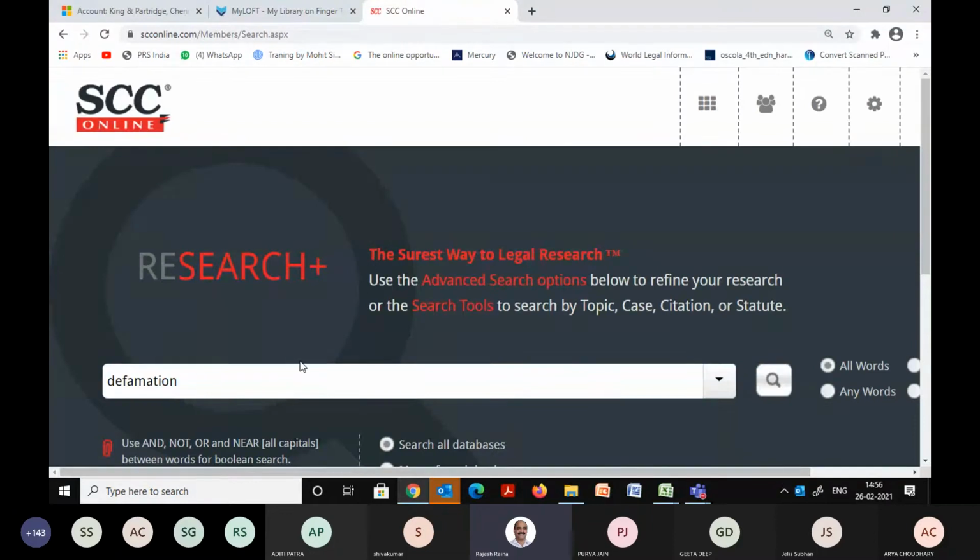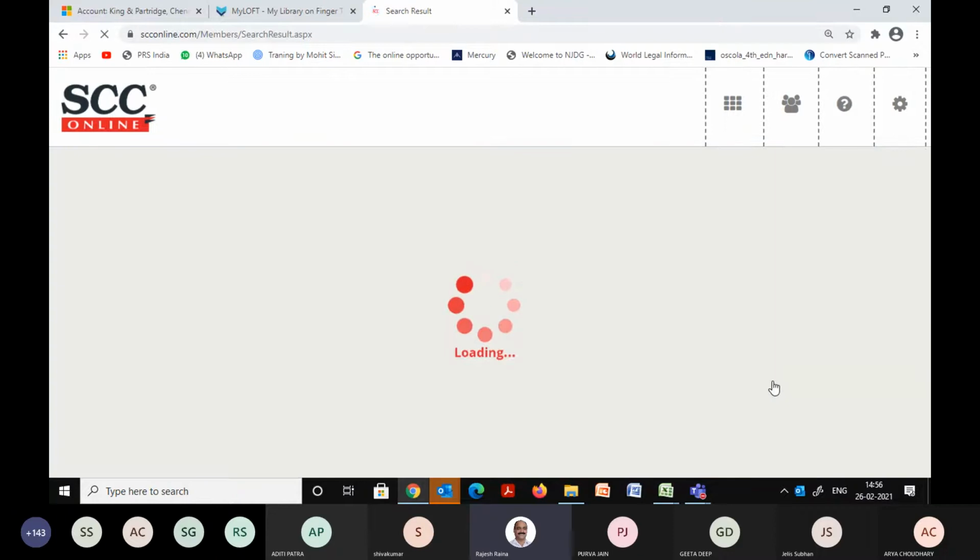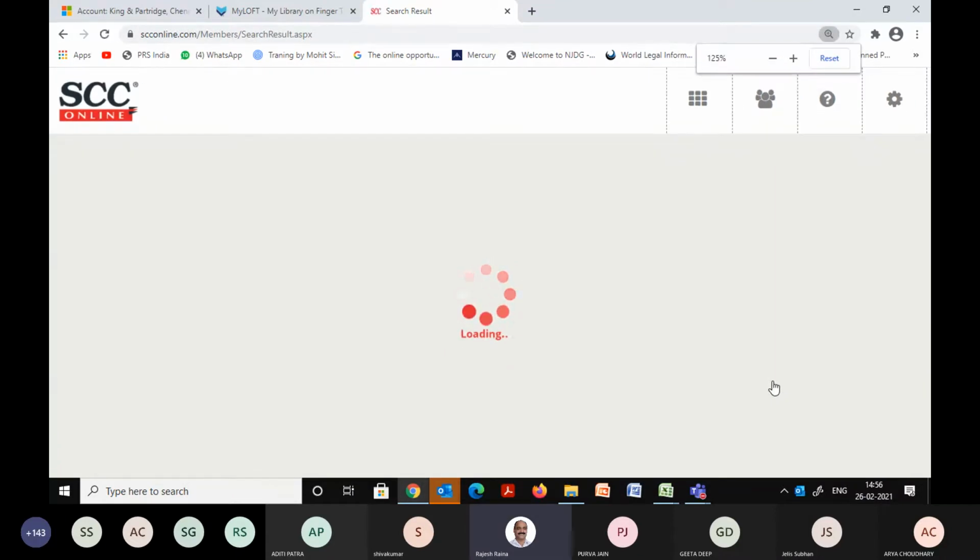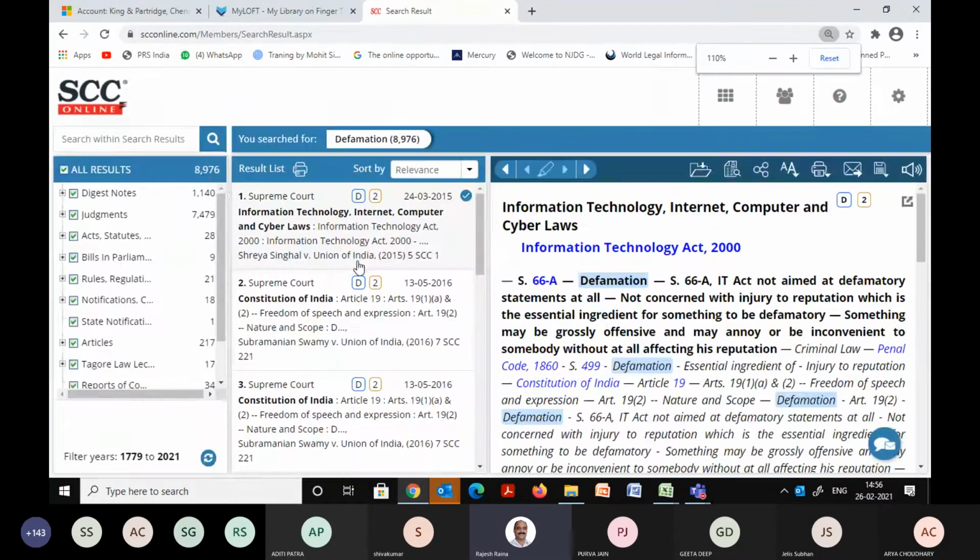So I need not bother about the database or the latest one, because as you've seen, there are filters available in SCC Online. So I'll click on search now, and let's see the results. So here, instead of 156, you can notice that there are 8,976 results. So I keyed in more information, but I got fewer results, whereas I keyed in fewer words, I got maximum results.